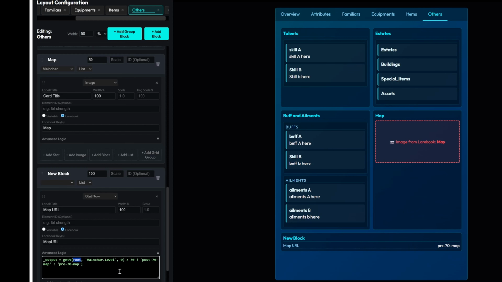It's JavaScript here. For a non-collection item, we will use the global variable root for the source and type in the full path. In the example here, we are checking if the main char level is bigger than 70. If it is bigger than 70, we will read the Lorebook entry post-70 map, else read from pre-70 map